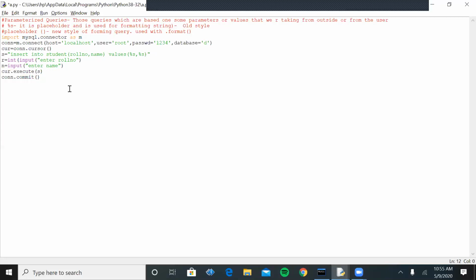I am storing the values of these two variables in tuple form, because the execute function accepts the value in tuple form. It can accept the value in list form also, but here we are using the tuple form, so that later on we don't want to change this thing.